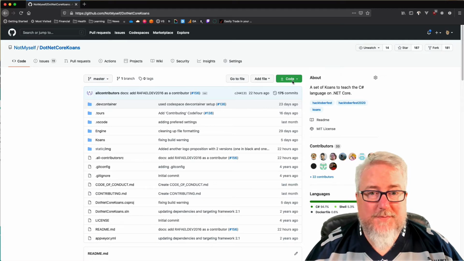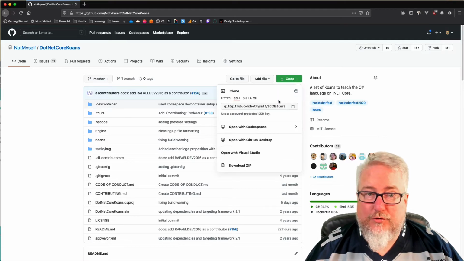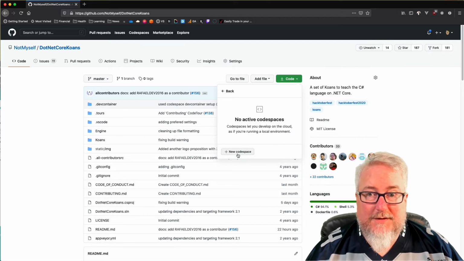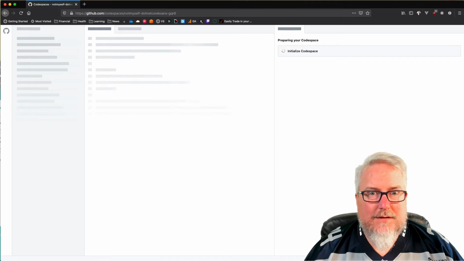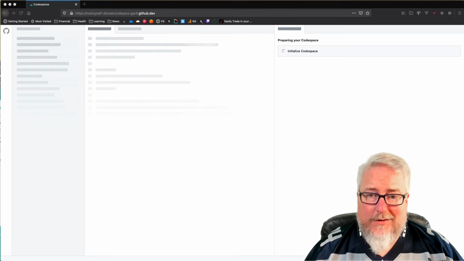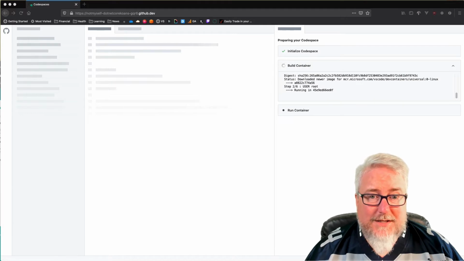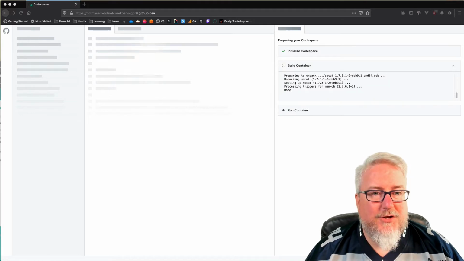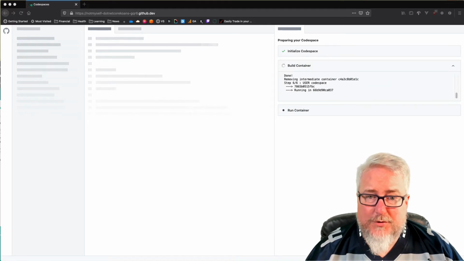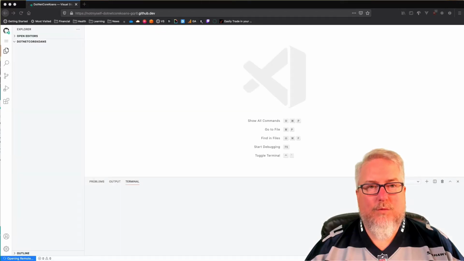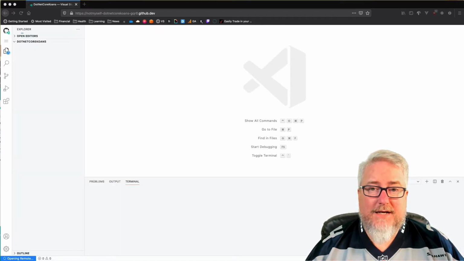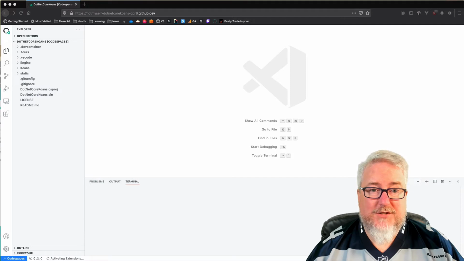First, create a codespace from the repository by clicking the green Code button. Select the Open with Codespaces option and click the New Codespace button. This part can take a while the first time. I've sped this up quite a bit. It took around 2 minutes, but once you have the codespace created, you can return to it anytime to resume your session. Once the codespace is created, the .NET Core Koans will be loaded into your browser in Visual Studio